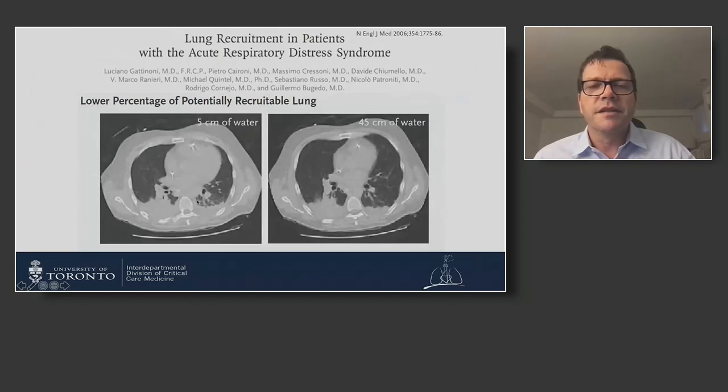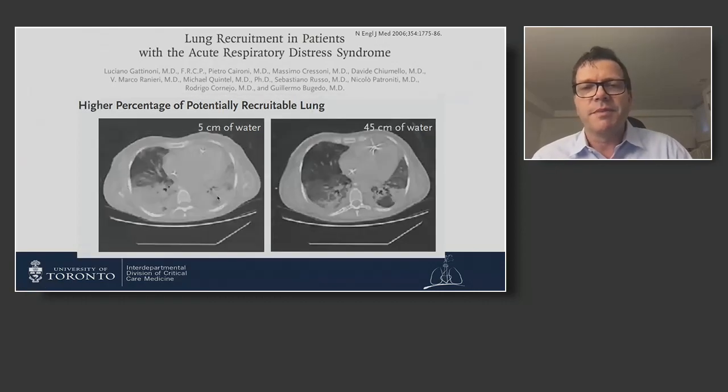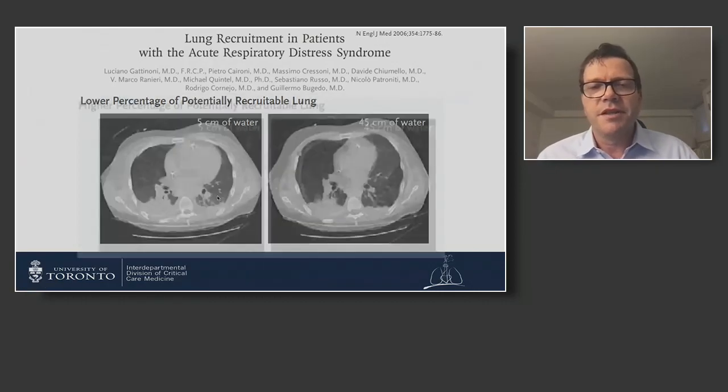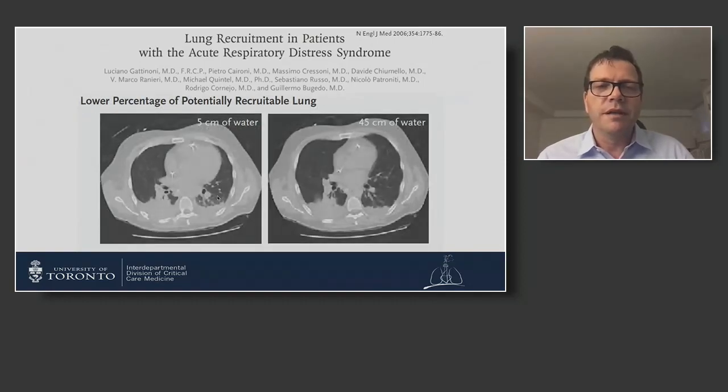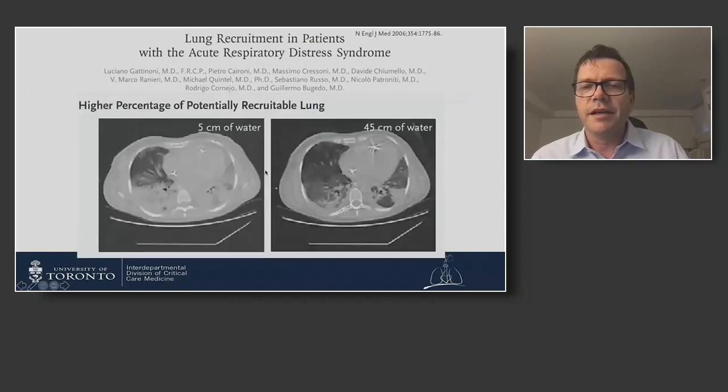First thing to notice is that their baseline CT scan looks kind of like the finishing CT scan of our previous patient. The message here is that you can't recruit lung that's already aerated. You can only overdistend it. And that's what happens here. You overdistend lung, and look at the heart. Absolutely squished. So the right heart, which is not what we saw so much in the patient where there was